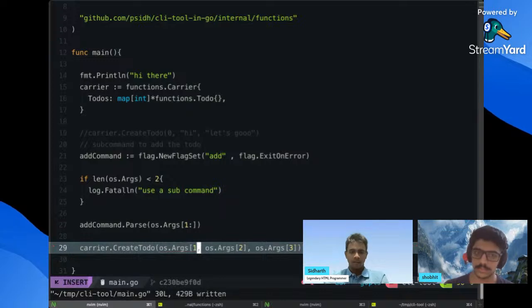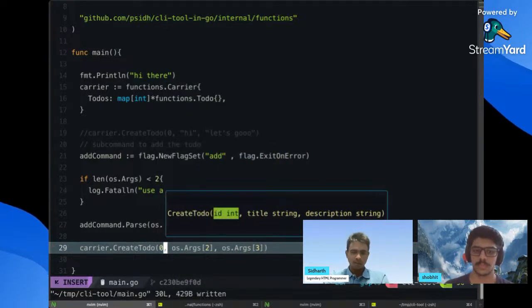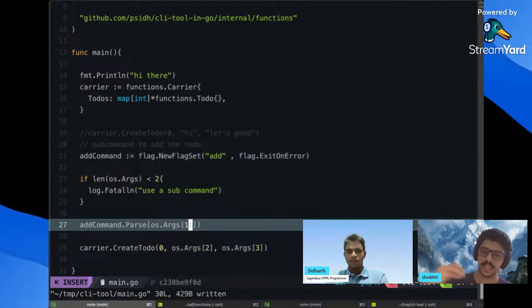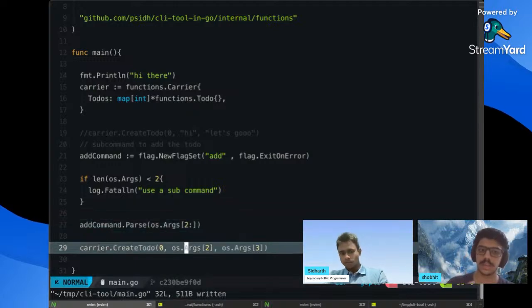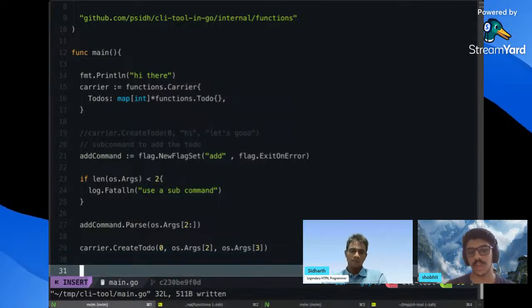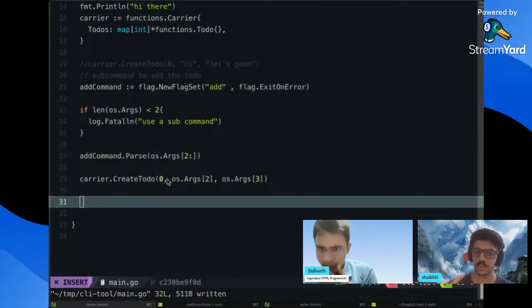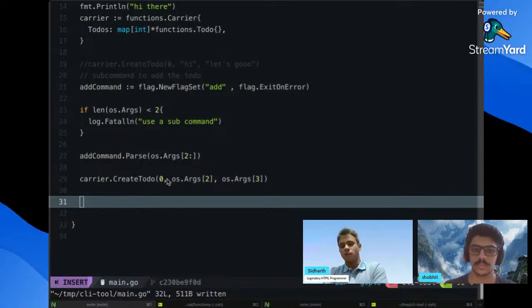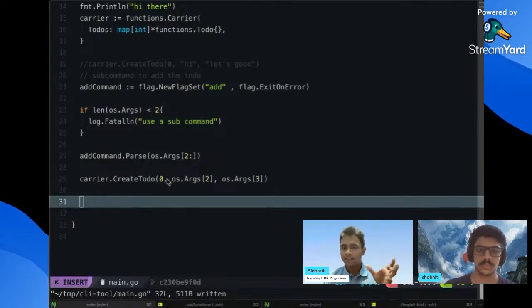ओके ओके, गॉट इट, नाउ आई गॉट इट। और इनफैक्ट अगर हम स्टैंडर्ड इन से सारी चीजें ले रहे हैं तो हमें बस ध्यान रखना होगा कि जो हमारा इंटीजर है, क्रिएट टू डू में जो आईडी इंटीजर है, राइट, तो हम उसको बाद में स्ट्रिंग से इंटीजर भी कन्वर्ट कर देंगे। वो कैसे करेंगे? जो लास्ट टाइम वो strconv वाला पैकेज था उसकी हेल्प से। ओके ओके, ताकि वैलिड इंटीजर है कि नहीं पता लगाने के लिए, क्योंकि आर्ग्यूमेंट हमेशा स्ट्रिंग में होता है।